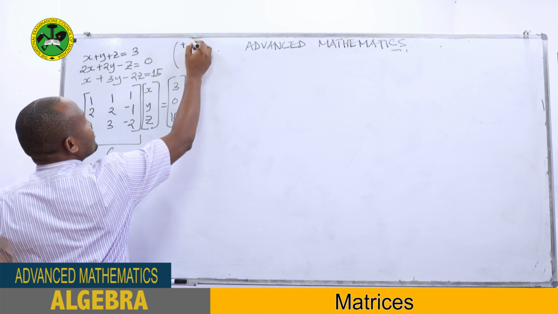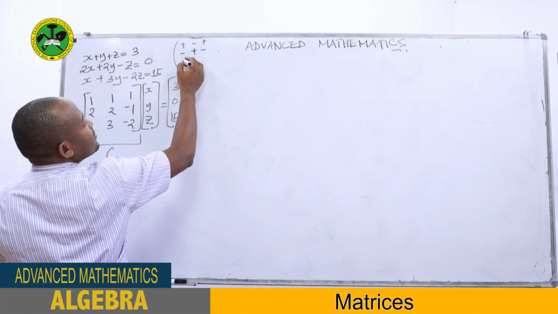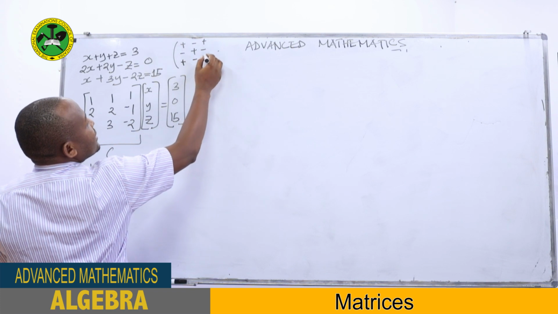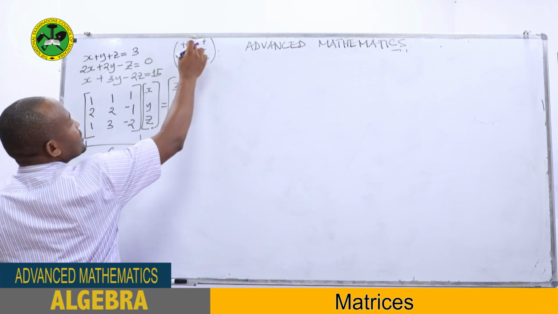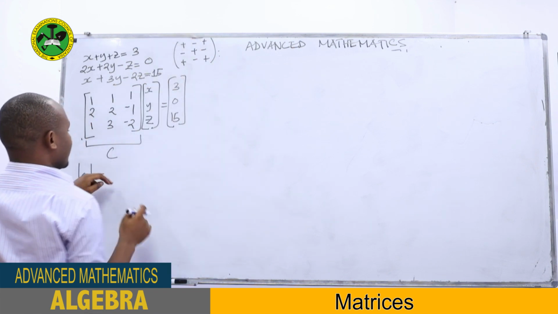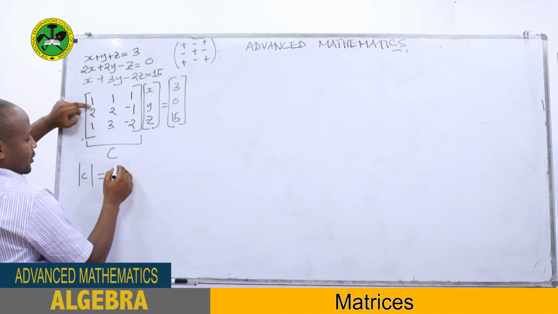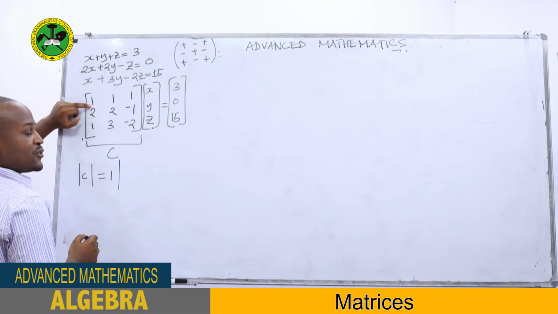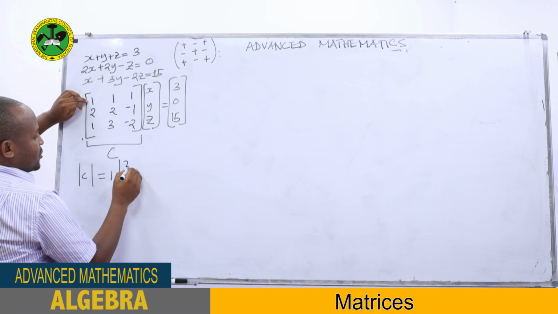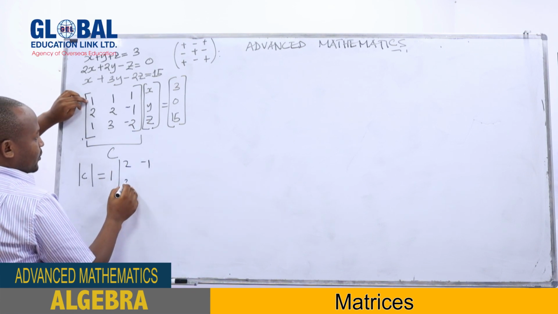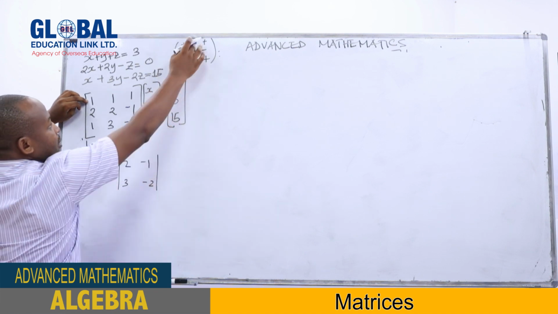We have positive, negative, positive, negative, positive, negative, positive, negative, positive. Now I will use this one. So we have a positive, and then we are taking 1, and the determinant of a 2 by 2 matrix that is left after covering that 1, we are left with 2, negative 1, 3, negative 2, then minus